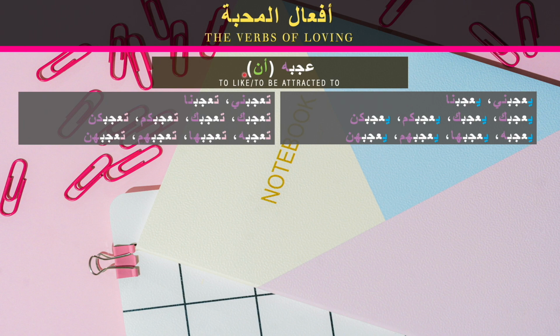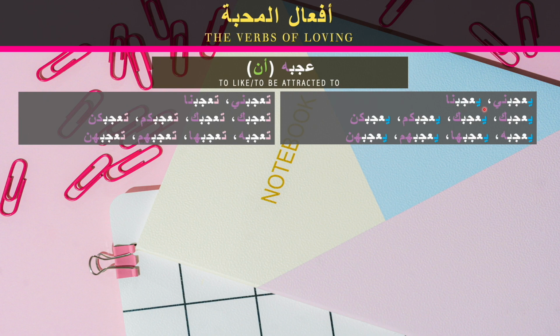The structure of this verb is considered maybe weird for people who are learning Arabic because what is subject for the verb like, for example, I like, I'm the subject, it becomes the object of this verb in Arabic. And what is an object for the verb like? Let's say, for example, I like the object in English, so it becomes the subject of the verb in Arabic. So it's the opposite order.